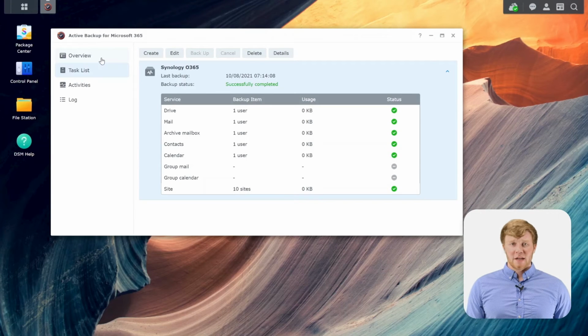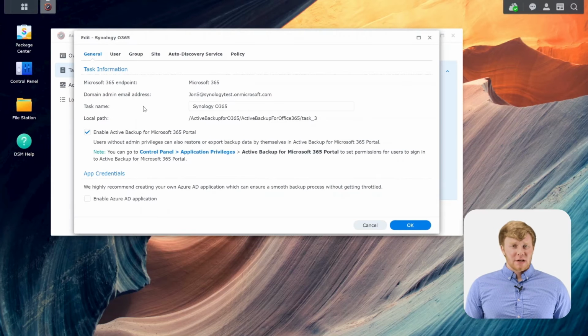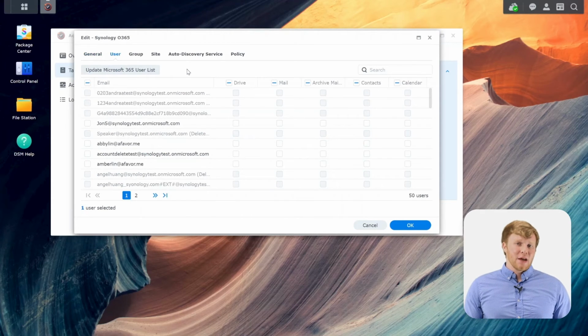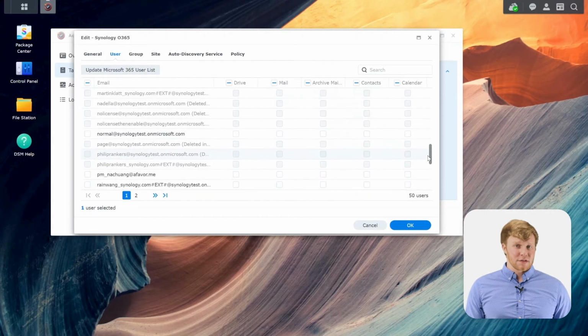All right, so we're going to hop back in here to the Active Backup for Microsoft 365 admin console, and we're going to go back to this particular account that we just looked at a couple minutes ago. So I'm going to pull this up here, and you'll see here at the top that there's several tabs that we haven't explored yet. So we're going to take a look at the User tab, and that's going to pull up a list of all of the users that are associated with this Office 365 account.